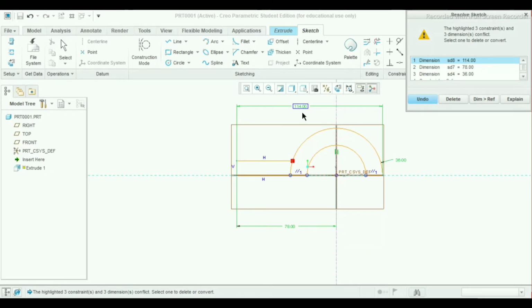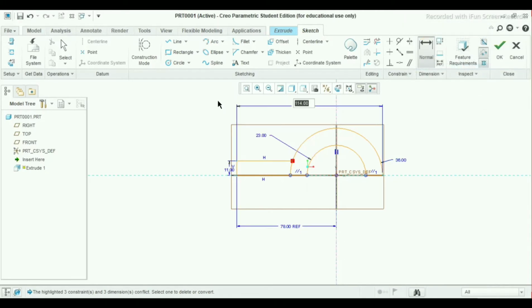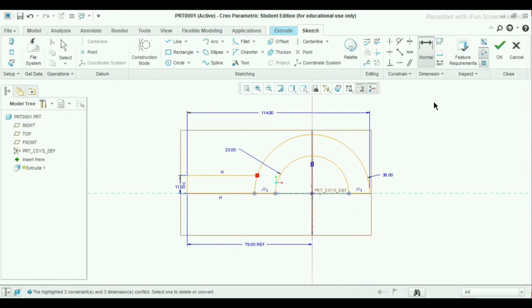It has already been selected here. So I will take this 78 mm dimension, that is a dimension for reference, and 114 remains as it is. Press scroll button.